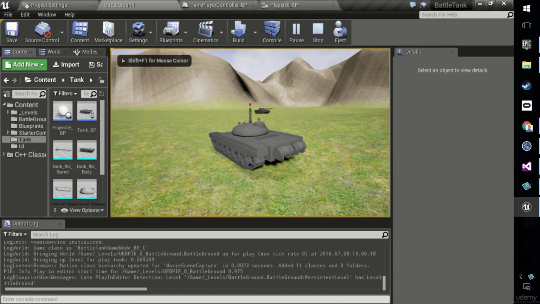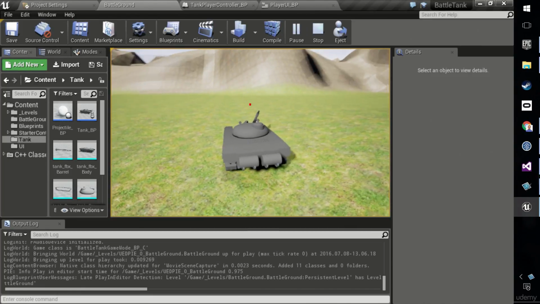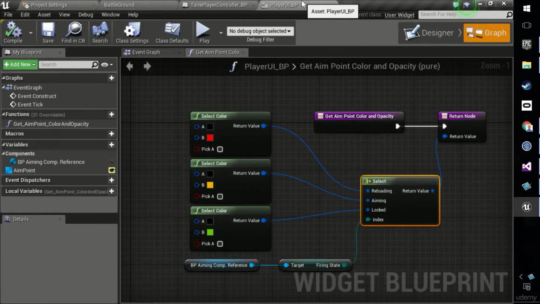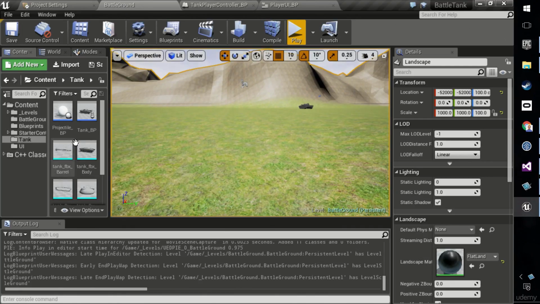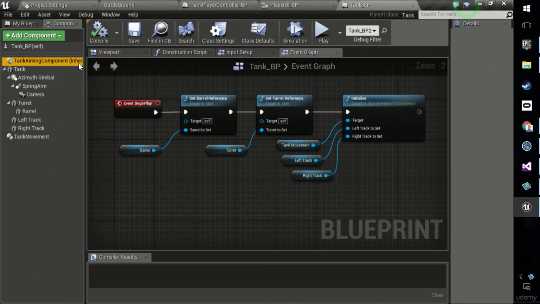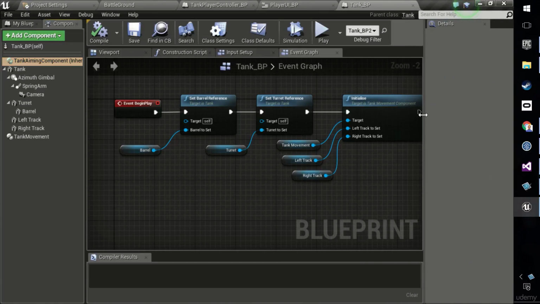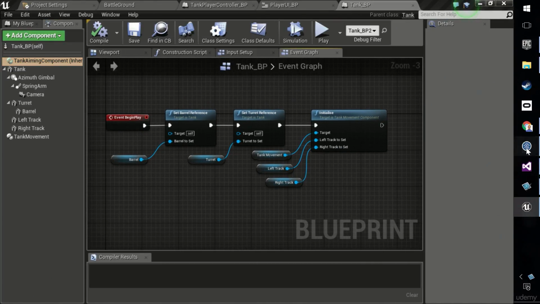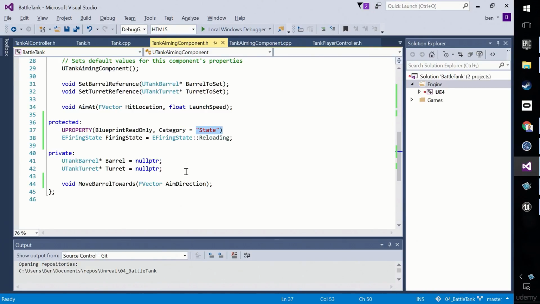It's red. Perfect. So the final thing, just to check that that is actually coming through from the code, we can't unfortunately just expose it and change it, because if you remember, if we go to the tank blueprint, the way that we're doing this is an inherited component, which has no details exposed. We're going to fix that soon, but for now, let's just go back to the code for the sake of one short compile, change this state to, I don't know, what do you want? Let's say aiming in the